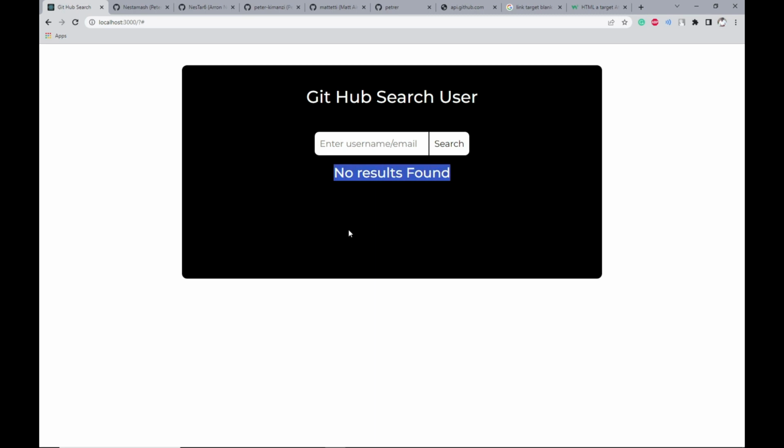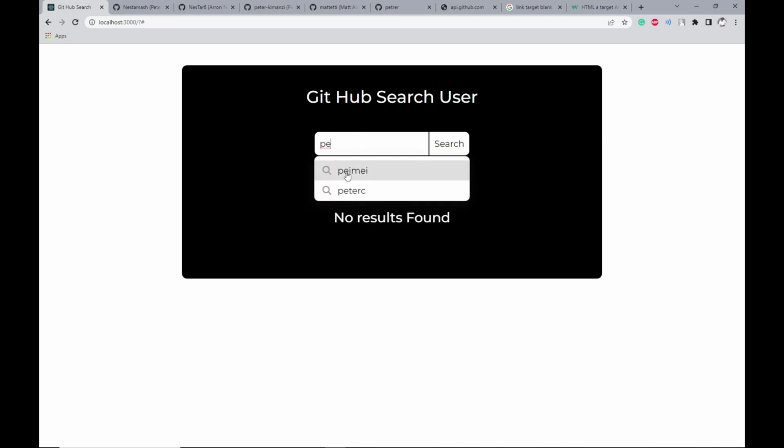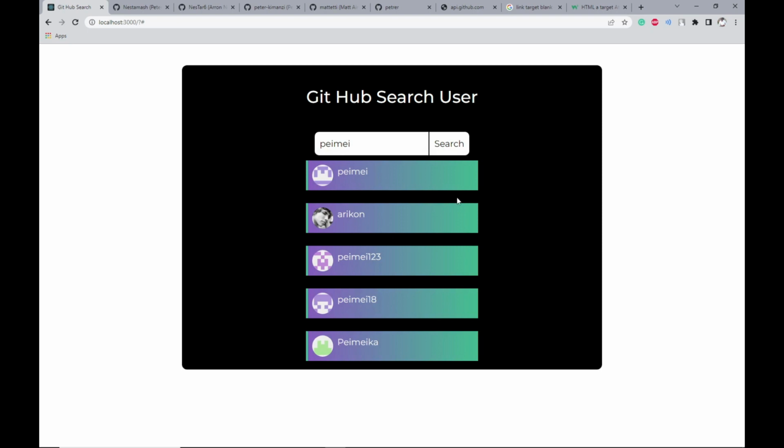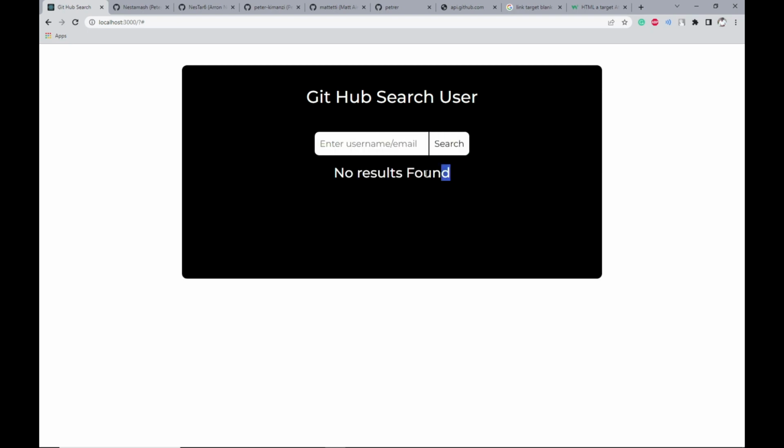So when you search Peter, like this one, you see that header is not being displayed. But when you search something that is not there and you say search, you see it displays. Yeah, I think that's our